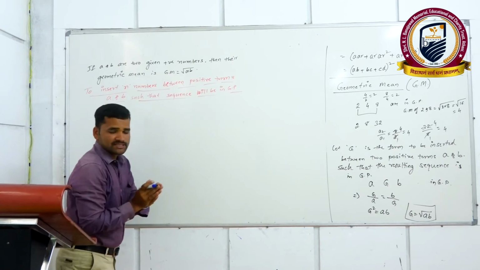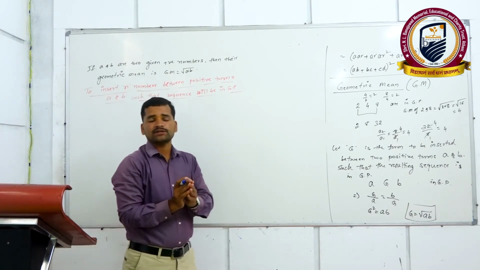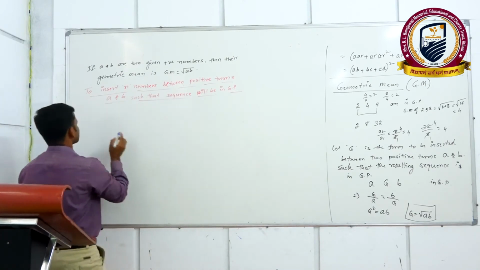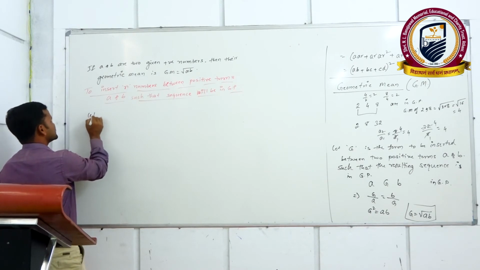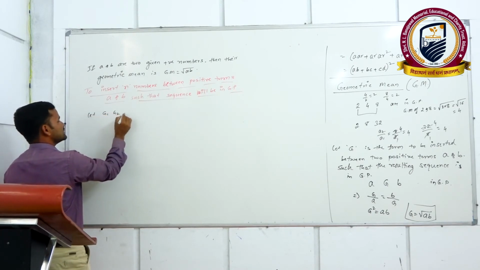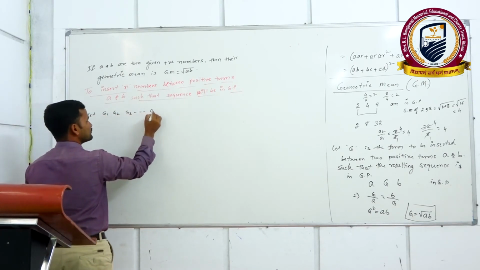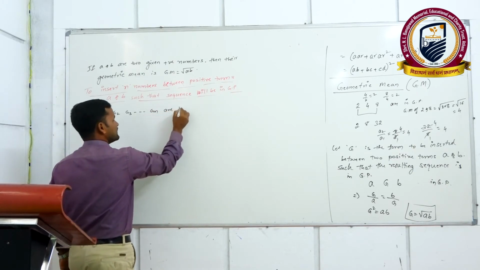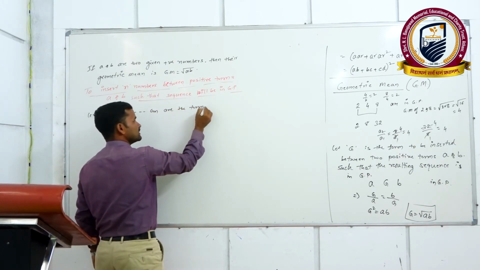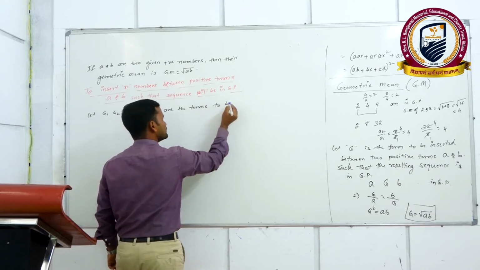What are the terms to be inserted? N terms are to be inserted, you know. Let me take all those n inserted terms. Let G1, G2, G3, and so on up to Gn be the terms to be inserted between